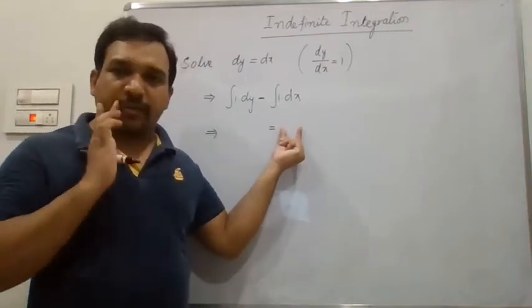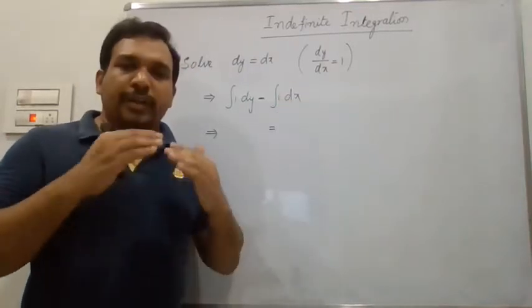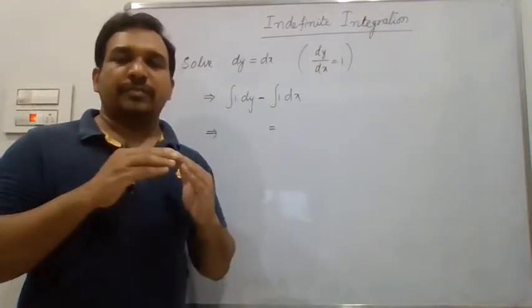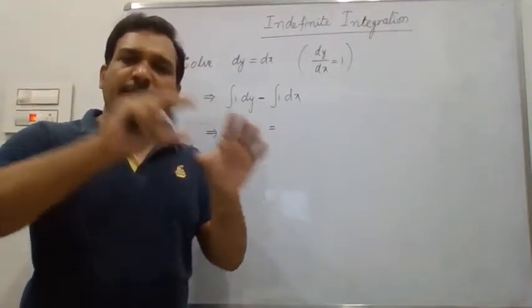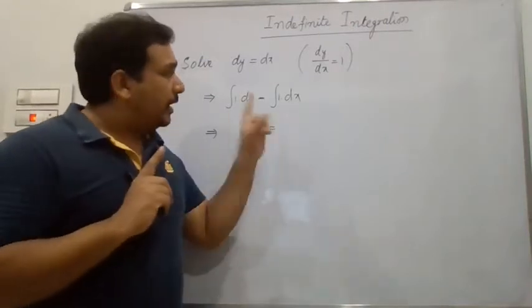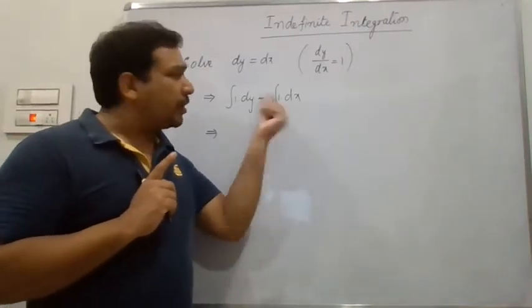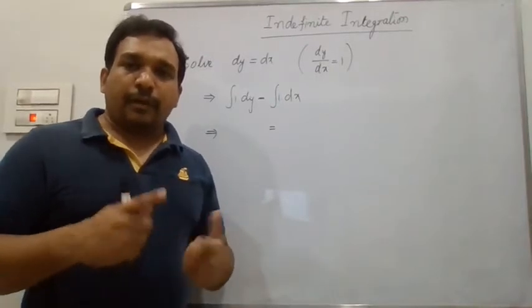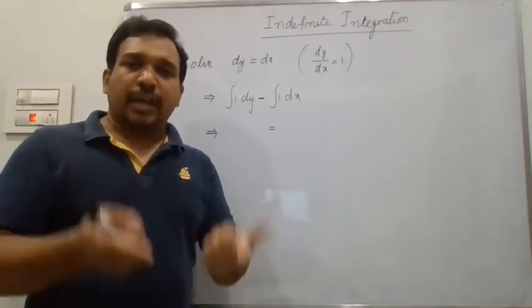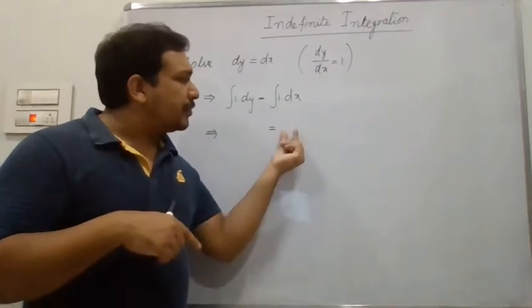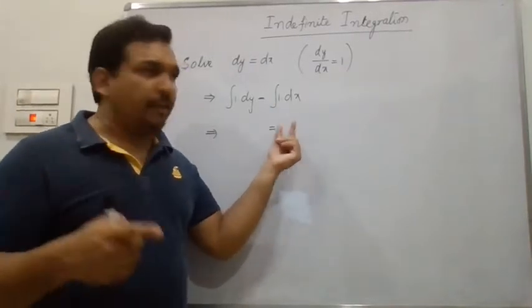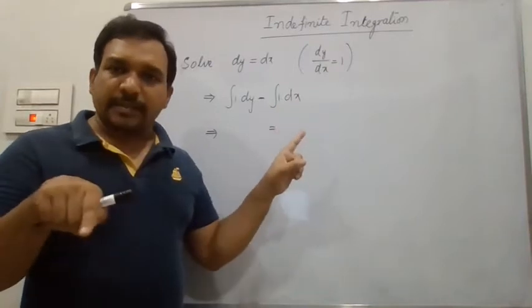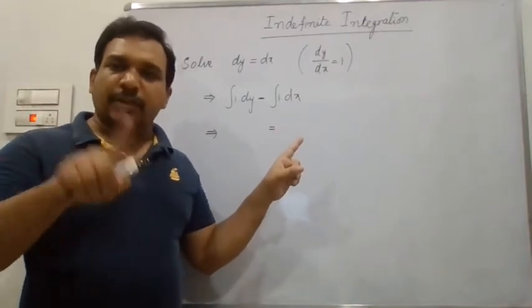That is called the antiderivative. Actually, when we do the derivative of a function, we write the derivative of the function directly. But here it is the antiderivative of 1. Antiderivative of 1 means that for which function, if you do the derivative, we will get the answer 1. That answer we should write here. So for which function is the derivative 1? For x. If you do the derivative of x, the answer is how much? 1 only, no?